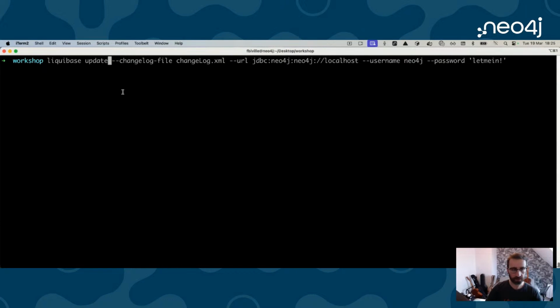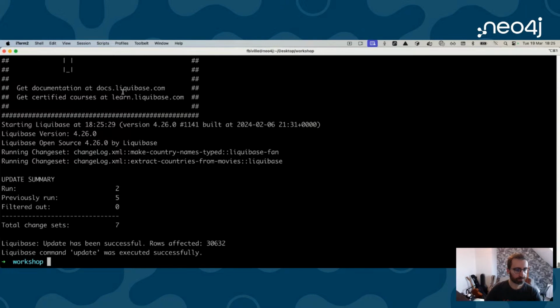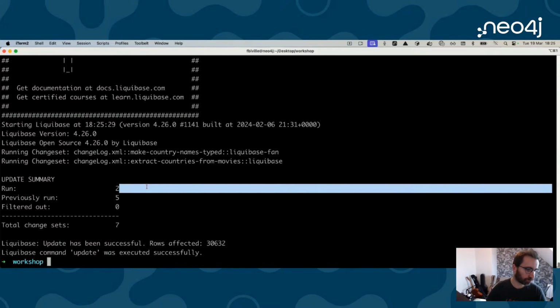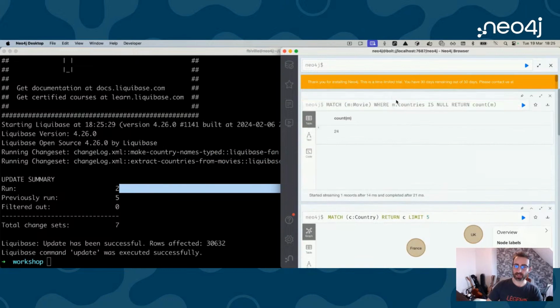So now when I run this, all right, so we added two new change sets, a constraint and this extraction. And so if we look again at, I don't know, let's match movies maybe. Let's see some movies with countries basically. That's what's supposed to happen with this extraction. In country,